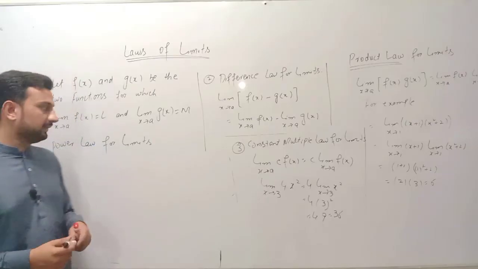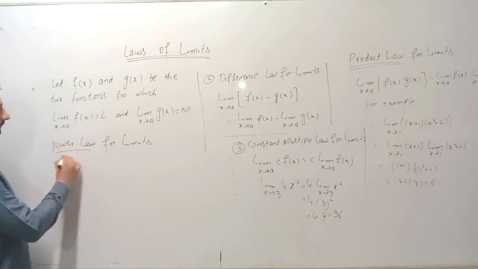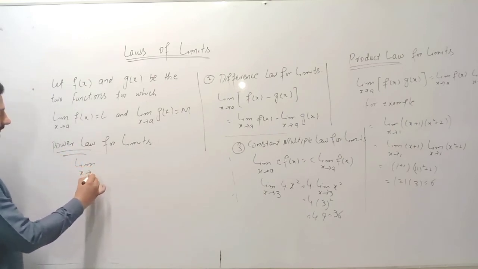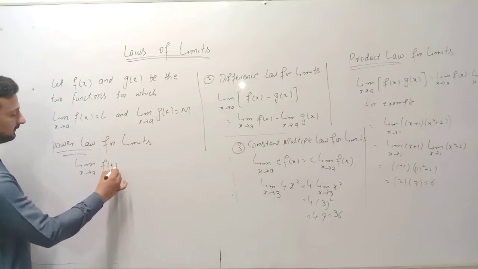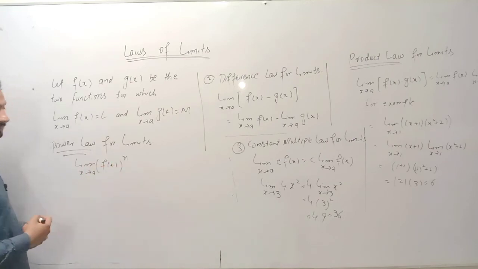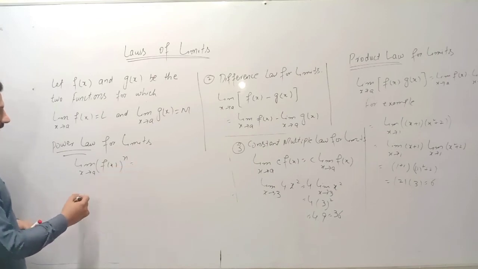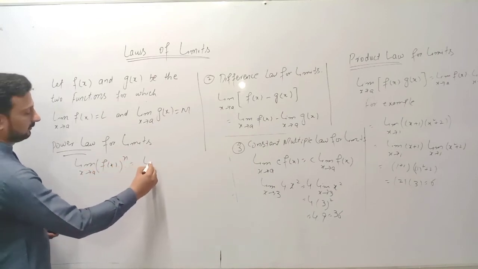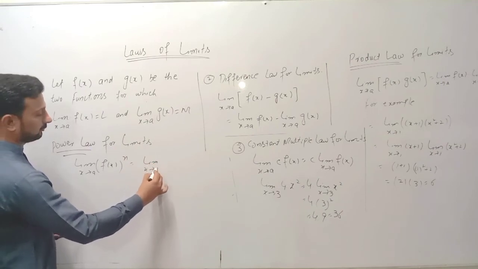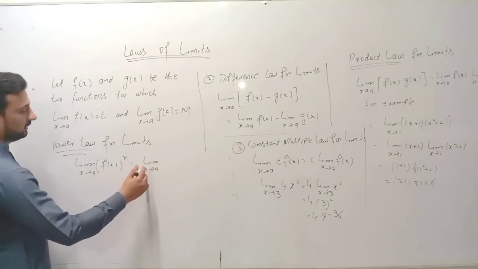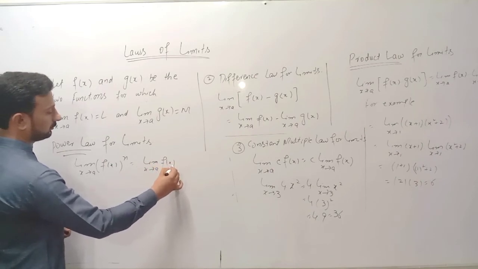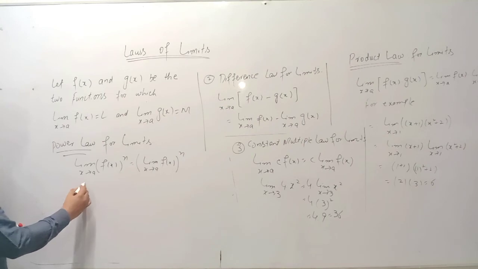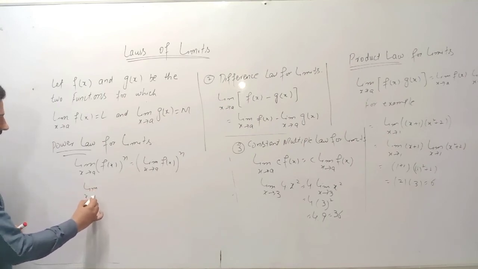Now our final law is the power law for limits. This law says that for limit x approaches a of f of x, which has some power n, we evaluate it by taking the power of the entire limit. So this becomes the limit as x approaches a of f of x, raised to the power n. For example, we have limit x approaches